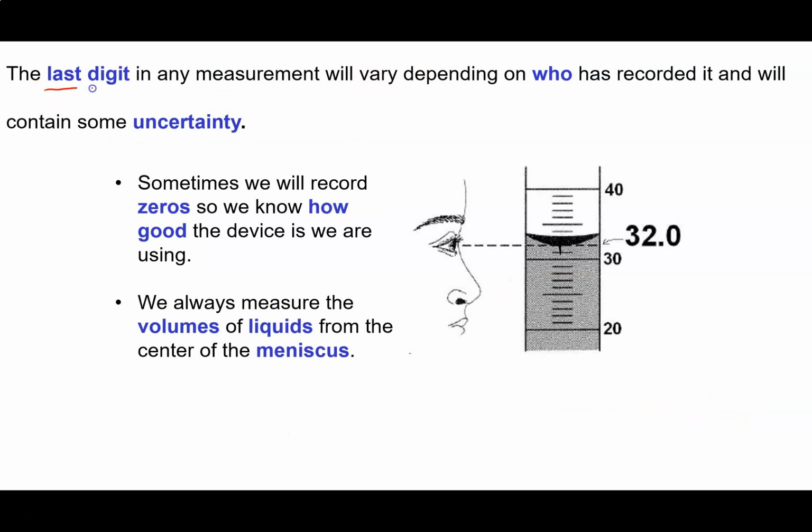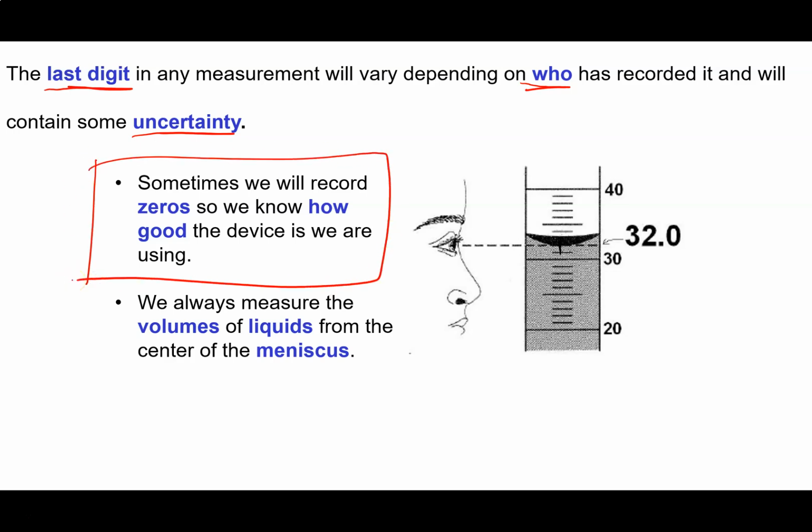So that last digit that we record is an estimate, and it's going to vary depending on who has recorded it, and that number will always have some uncertainty about it. Some people might read that ruler as being 310, other people might read it as being 320. An important thing to recognize is that sometimes we will record zeros